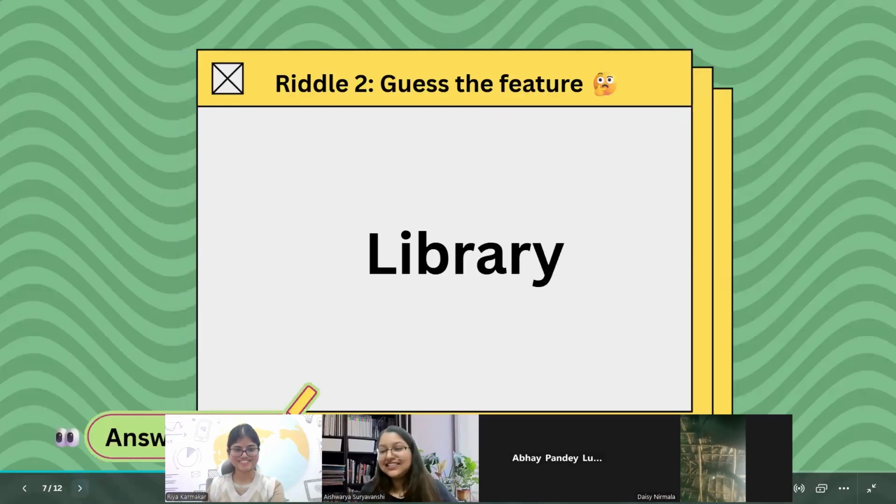Yes, that was correct. All the teachers who have mentioned resources are not wrong, because we have just renamed the particular feature to library. Ideally, it was called resources. So please don't feel bad if we have kept the answer as library. The latest version shows it as library. Those who said resources are completely right. We have a lot of teachers who have given the correct answer, so cheers to that. Let's go to the next question.